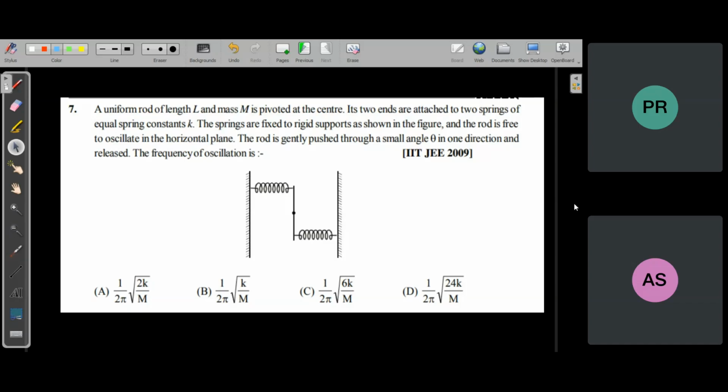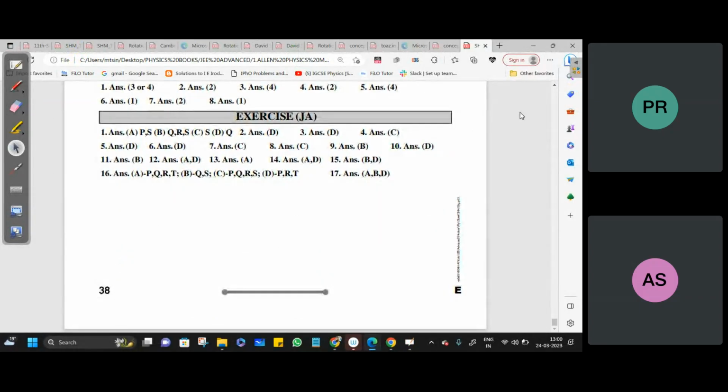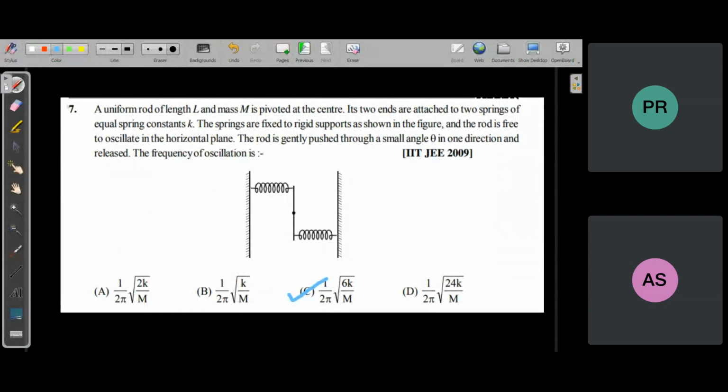So Chennai. Which one? Yes, sir. Option C. Option C, right? Yes, sir. Correct. That is the correct answer. Okay, so again here you applied the angular SHM concept, right? Yes, sir. Net torque equal to I alpha. And I you have taken about